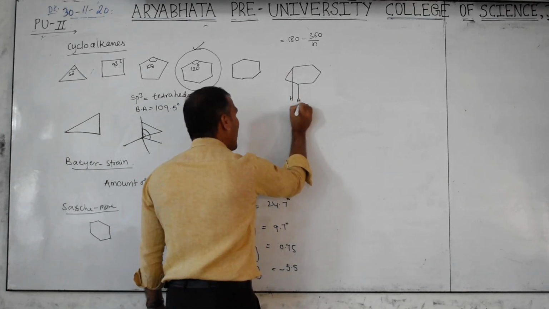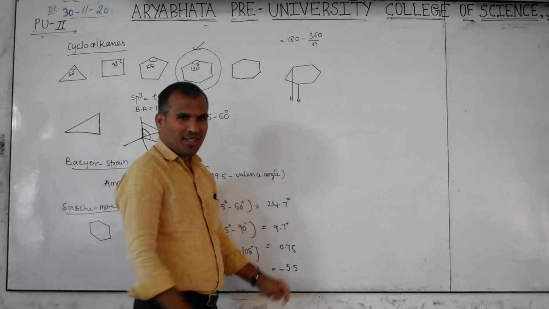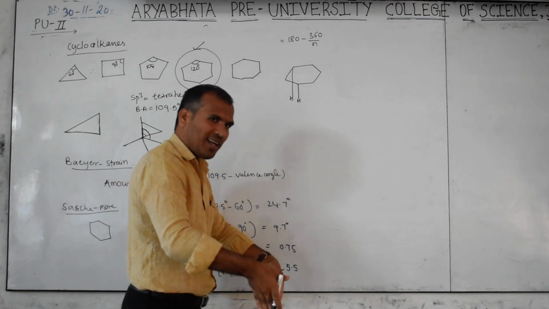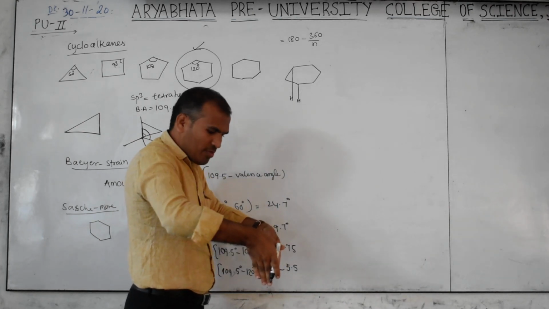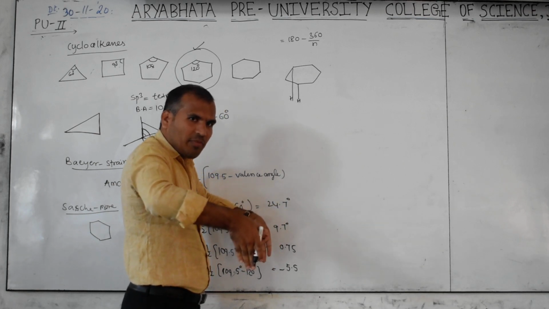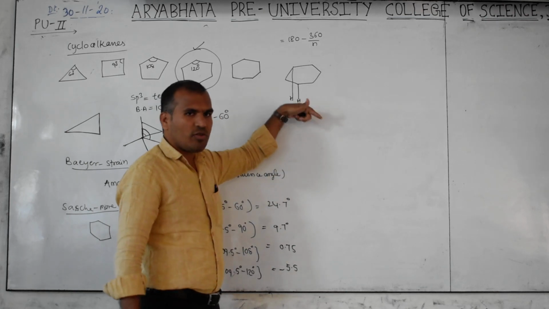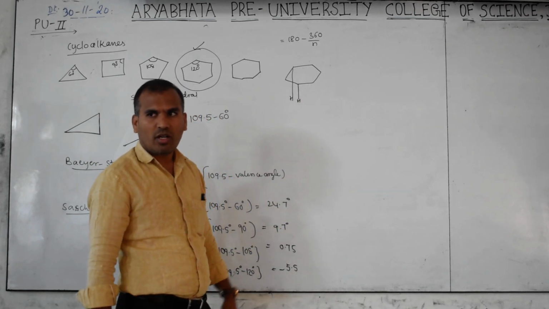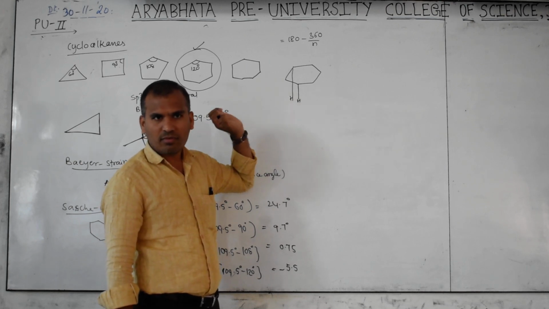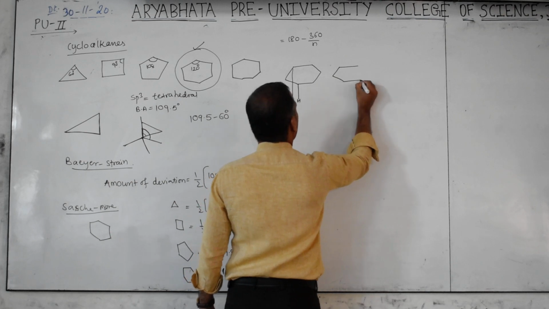So these two are in eclipsed formation. But here they are not appearing eclipsed, so you have to imagine this one. Actually, in this planar structure, these two are exactly parallel. When exactly parallel, if you observe from this side, then only this appears, this will not appear. So this has torsional strain. All hydrogens at all carbons have torsional strain. Therefore, this is unstable. Next one, the half chair form.